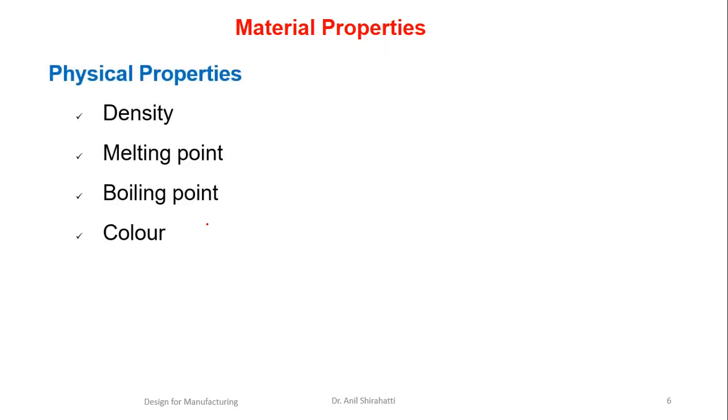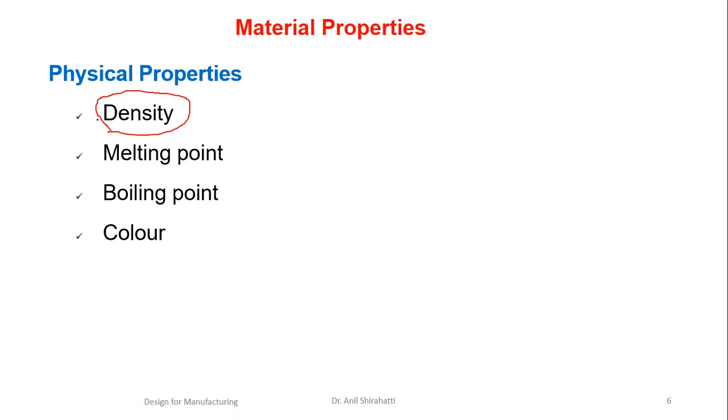Also, whenever we are designing any material, the material properties play an important role. So as a designer, we should have a clear idea about what the properties of the material are which we are choosing to make that component or make that assembly. So what are the parameters or properties we'll check? There are the physical properties, for example, density, melting point, boiling point, color. Now, if the weight is a main concern, then the density plays an important role while selecting the material.